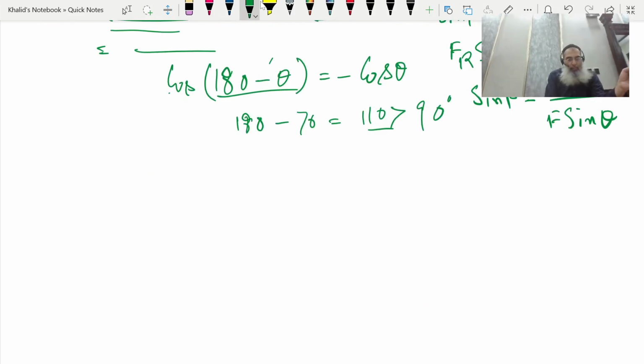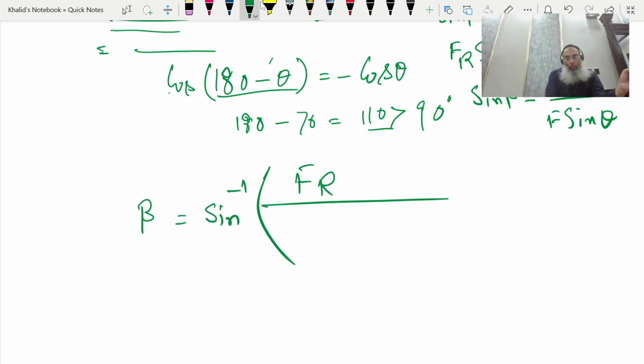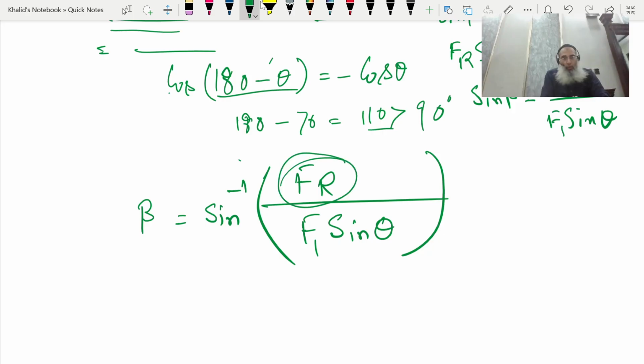This way, you can find that beta is equal to sine inverse of F_R over F1 times sine theta. So you can find it with this formula. Put the values here: the resultant force and F1